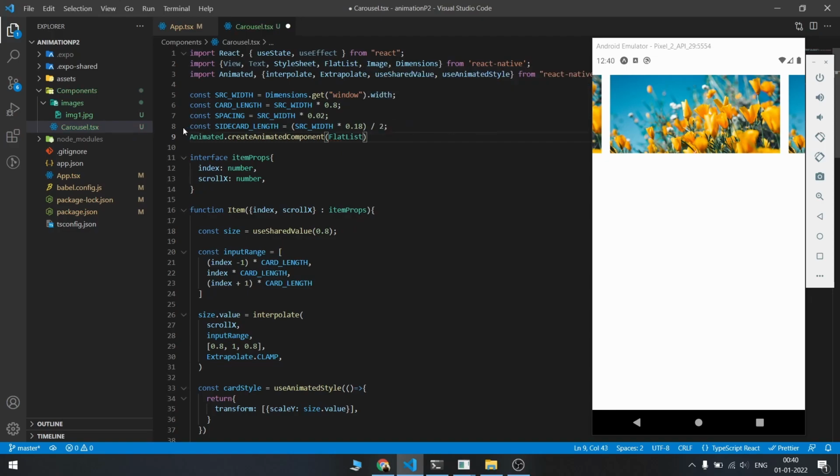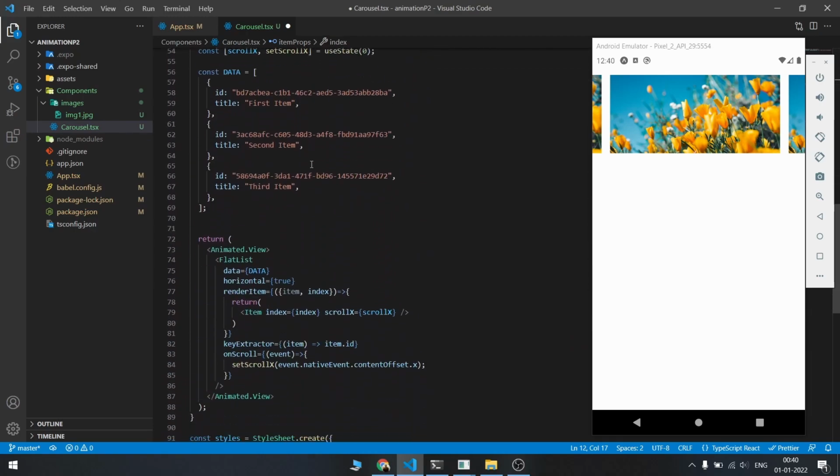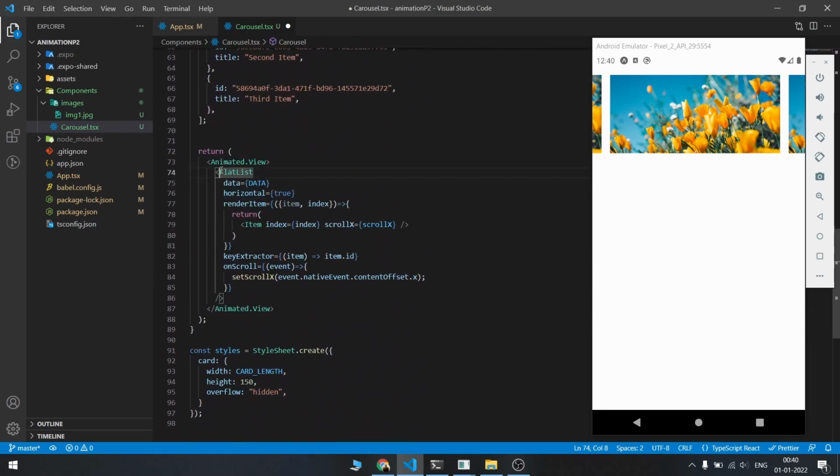Okay, and this will be our animated flat list. Cool. So instead of flat list, I'm gonna write animated flat list.